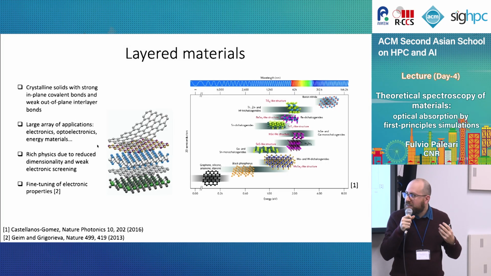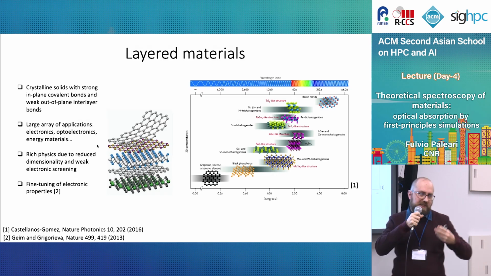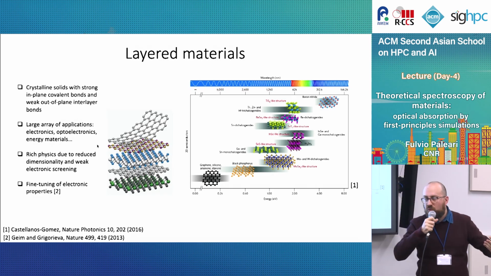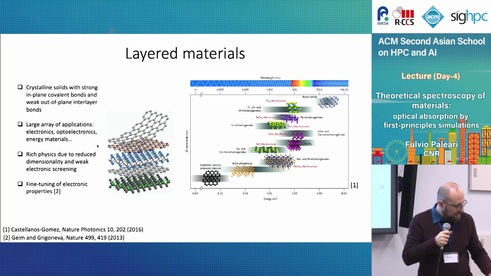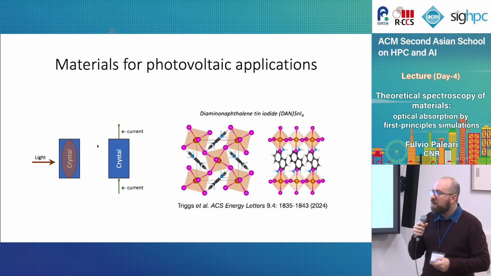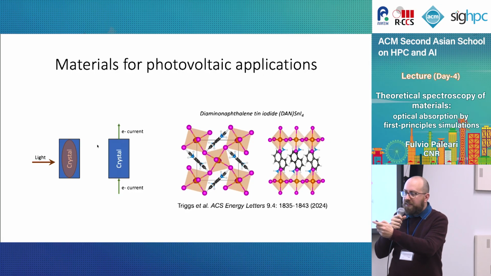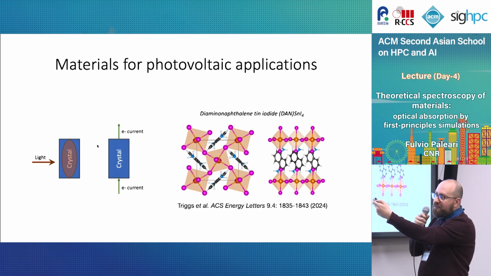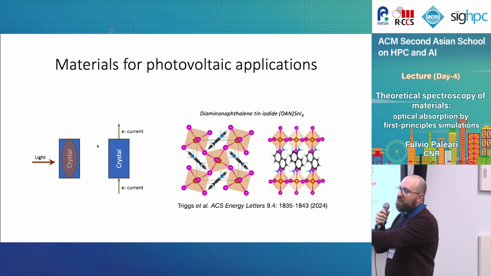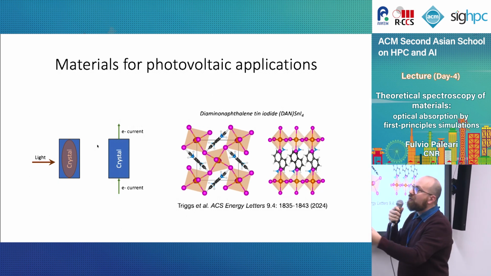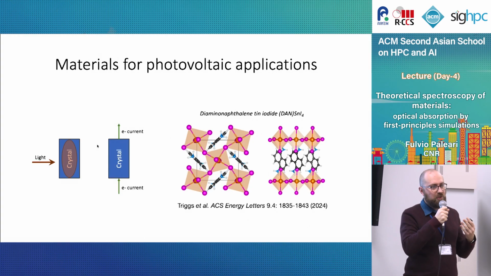And these types of systems are extremely relevant for so-called optoelectronics, which is where you modify, for example, the electronic properties of a system through light-matter interaction. And for this, we have to go beyond DFT. Then another specific case for application would be photovoltaics, right? One possible process related to absorption is that part of the light that is absorbed by the crystal, so the energy that goes inside the crystal, is converted, if you apply a potential, to a current, right? And there's a lot of interest in this, of course, and a lot of computational interest.